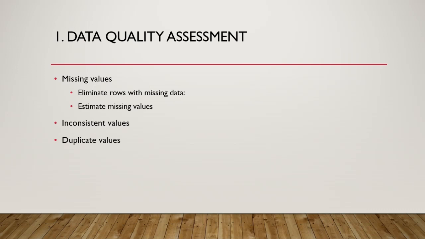Suppose there is an address column, and the email ID and phone number columns are also present. But suppose it's a form, so the user may give all the address fields, the phone number, and the email ID, everything in the address column only, and then keep the email or phone number fields empty. That creates the inconsistency. So it's very important that we have consistent data fields. If we are getting inconsistent data, then we really have to think what to do. Maybe we have to remove something, or we have to modify the data set so that we can proceed further.